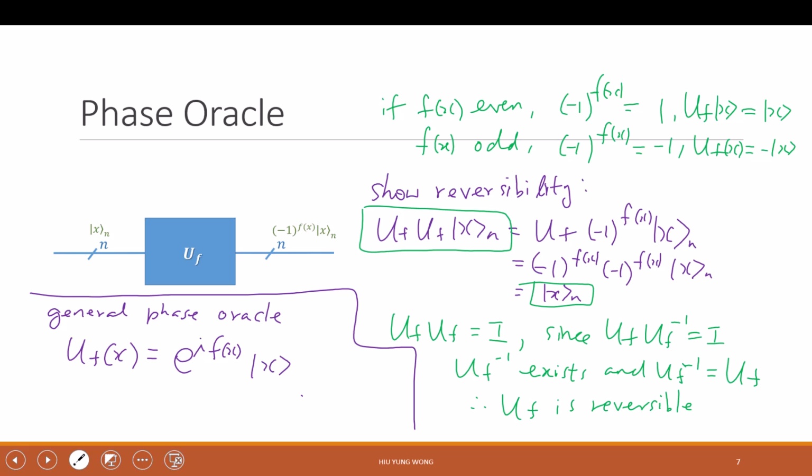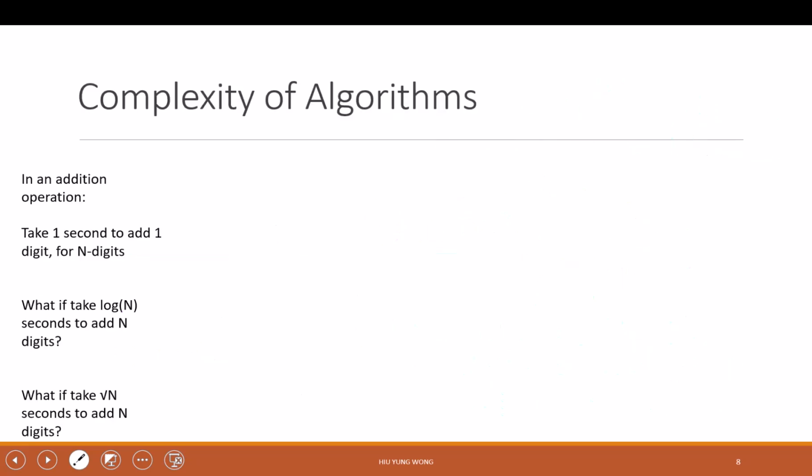You need time to memorize it, but it's the same as the exclusive OR. They are reversible, and they are very simple. You just follow the definition, and that's it. Okay? So then, today I want to talk about Grover's theorem. Before